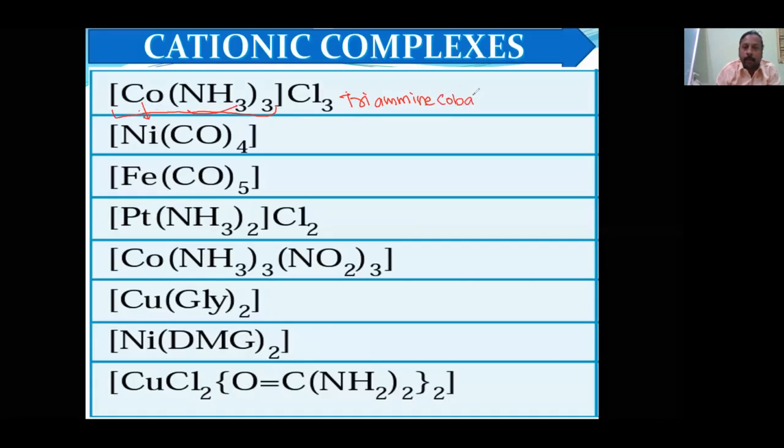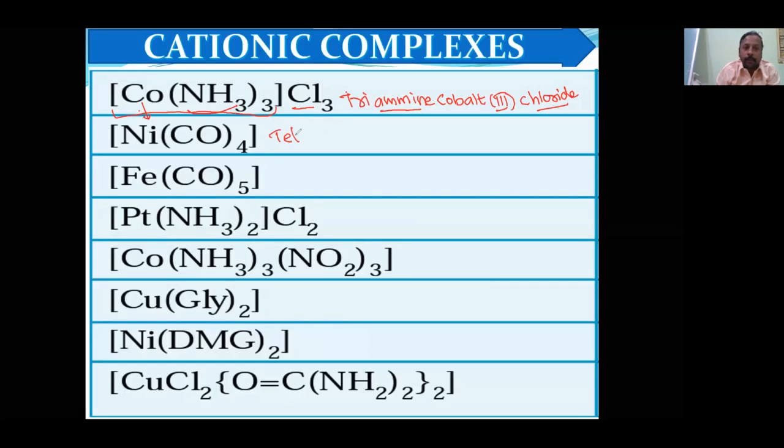Ligands are mentioned, then cobalt, not cobaltate, because the square bracket is on the left hand side. Triammine, cobalt, oxidation number 3. Then outside the square bracket, 3 chlorines are there, so simply you will write chloride only, not chlorido, not trichloride. I think it is clear now. Tetraammine. Just now I told you in the rules there is a special naming for NH3 and a special naming for water. Now let us see the next one.